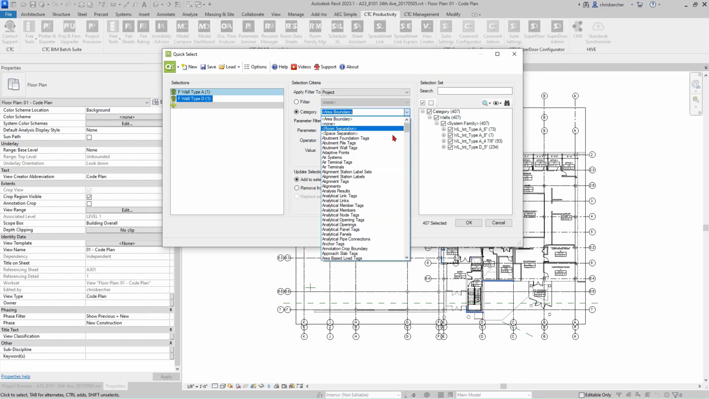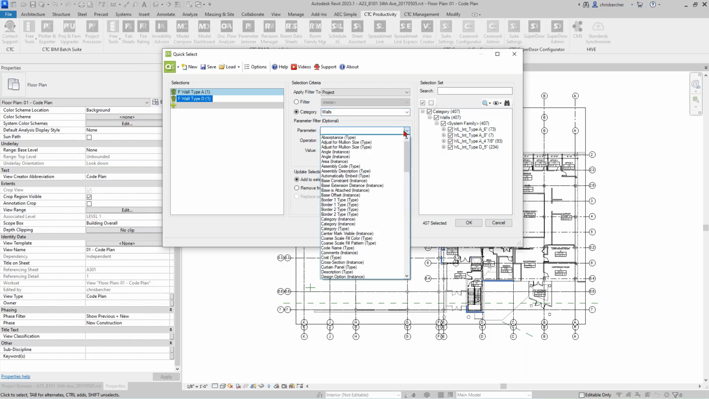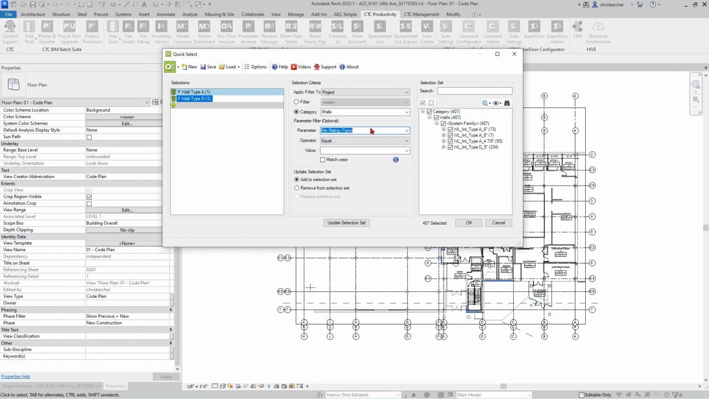So now I'm gonna go by category and grab walls and choose a filter to filter down by. So whether that's fire rating or the width or the level, or I should say base level or base constraint, right? We're dealing with walls here. Function, again, is another option. So if I grab fire rating